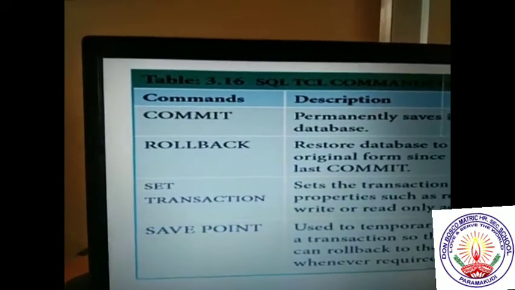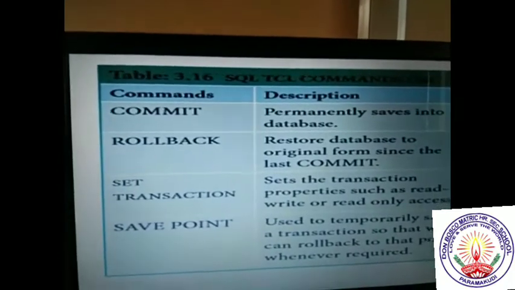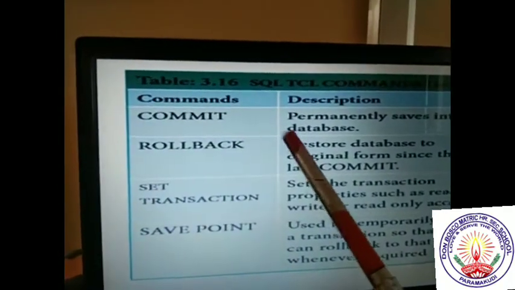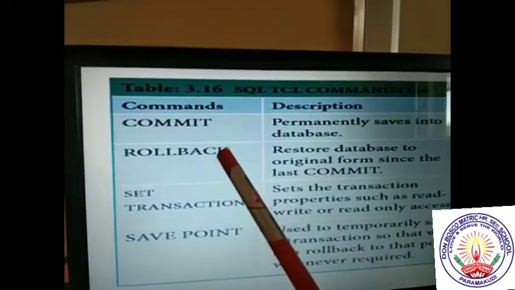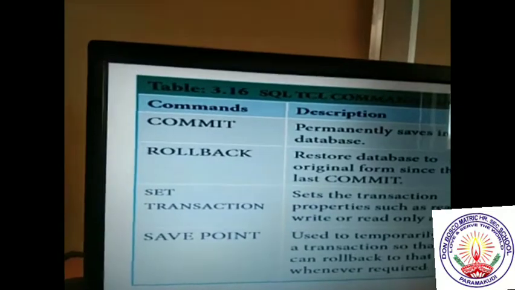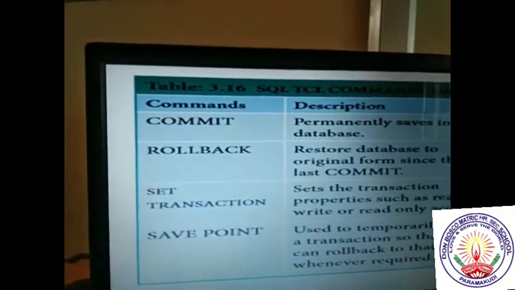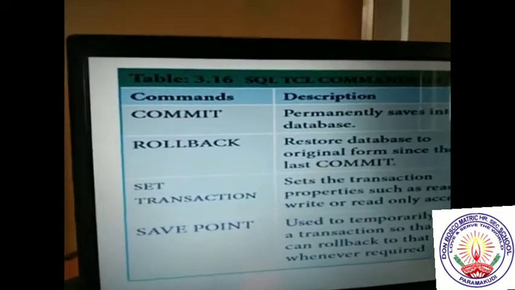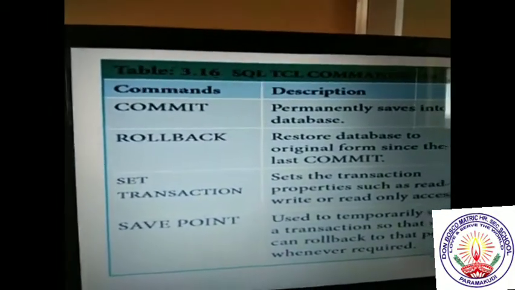Among the TCL commands, commit is a permanent save. This is the difference between commit and rollback. Commit means if you want to save the records permanently, you use the command commit. And rollback means restore the database to its original form since the last commit.